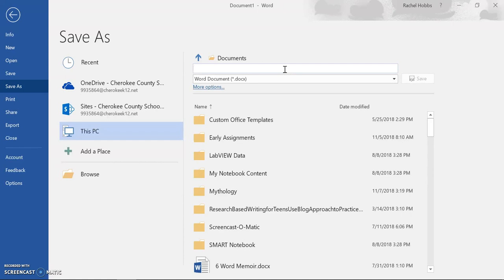Now, a lot of times it'll just say untitled document. You don't want to ever save your documents as untitled, because then over the years if you keep doing that, you're going to have to search through a million documents to figure out where your document is. You want to save your document as whatever it's called. So if you're doing the Laws of Life essay, you would title it Laws of Life essay. If you're doing a Romeo and Juliet, you could title it like RJ essay,